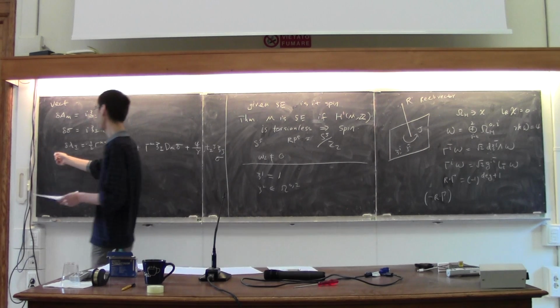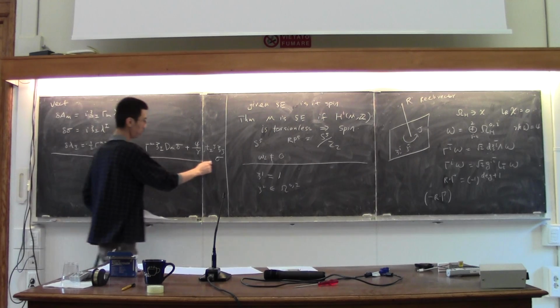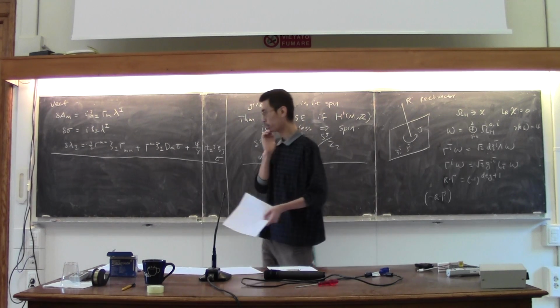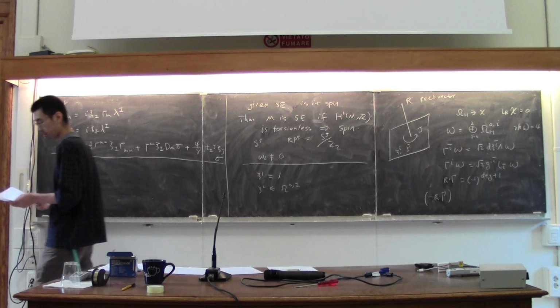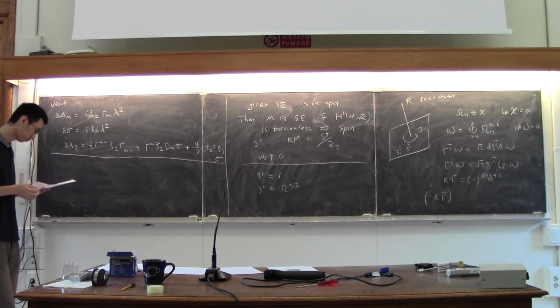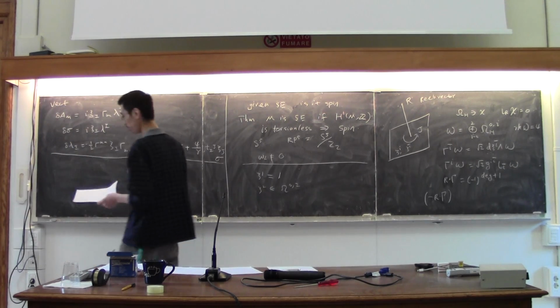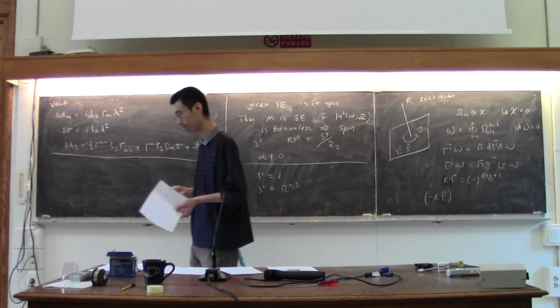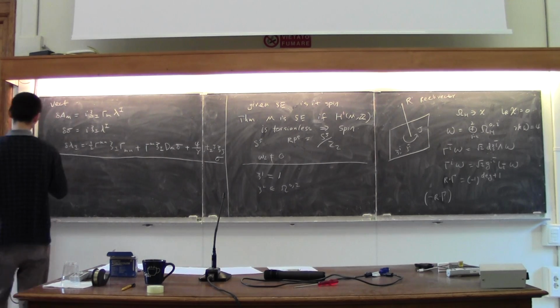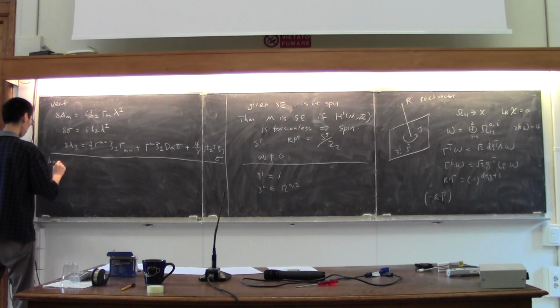So the version I'm writing down is actually an off-shell version. The off-shell version is available. It's just a little longer, so I thought I'd better not write it. Now this is for the vector multiplet, and I realized that last lecture I didn't even tell you what the hypermultiplet looked like. So I need to repair this omission here.